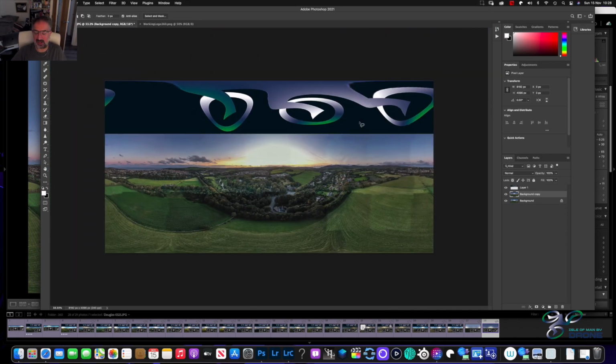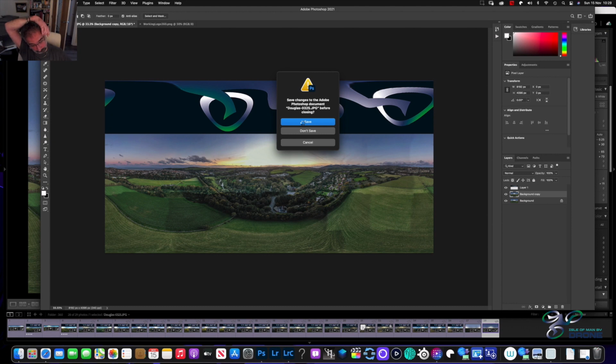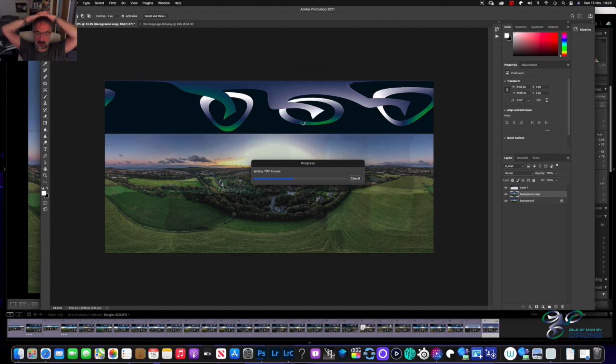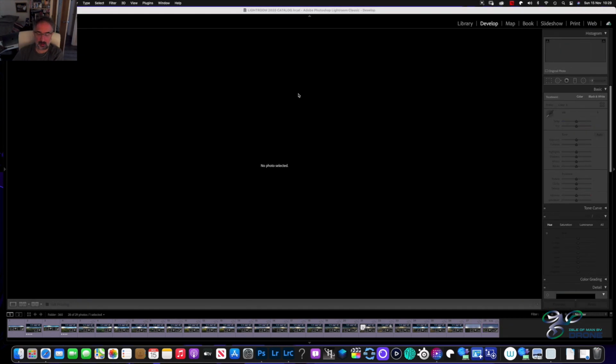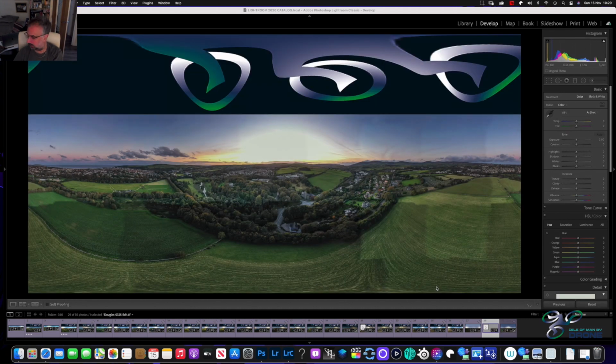So that's it for Photoshop. I'm going to then come out of Photoshop. I'm going to save it. That will export the image back into Lightroom, and that's it, pretty much done. So we're back in Lightroom. We've now got two versions of the same file. That's the new one,